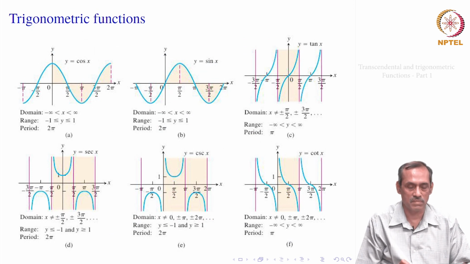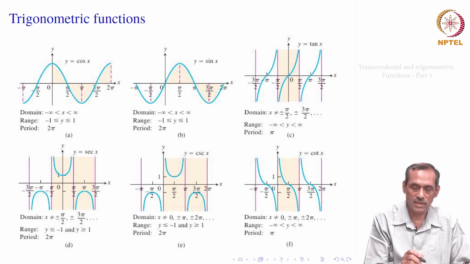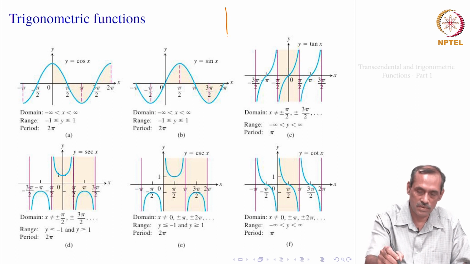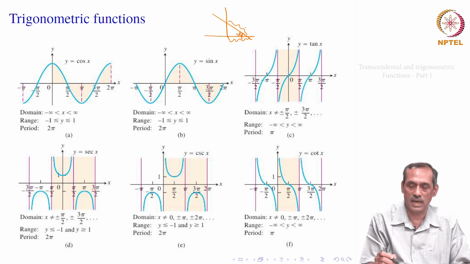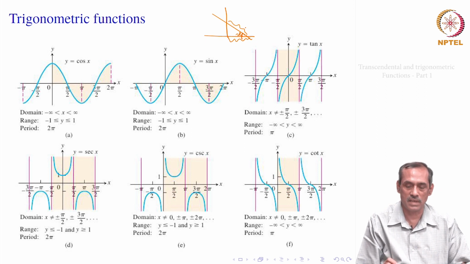Let us take the trigonometric functions. As you know, we have these 6 trigonometric functions: cos x, sin x, tan x, secant x, cosecant x, and cot x. Now, cos x is, as you know, in a triangle, if you take this angle as your x, then cos x is this length, the base, divided by the hypotenuse. So, this x is really measured in radians. That is a real number, the unit is radians.